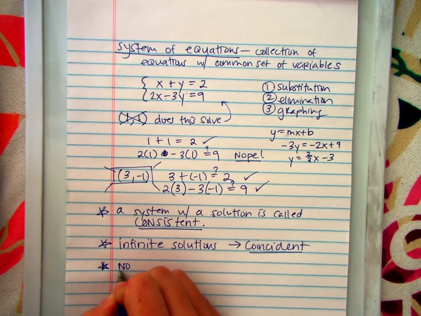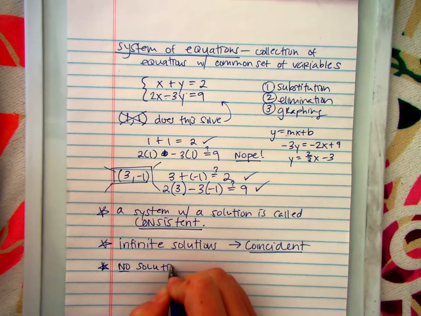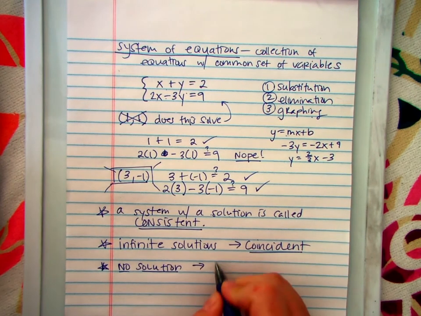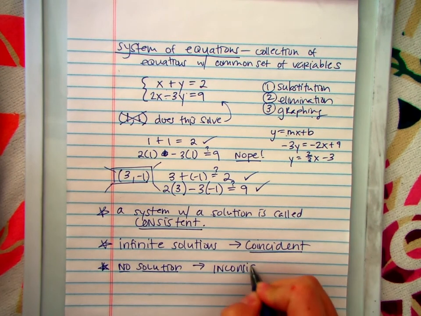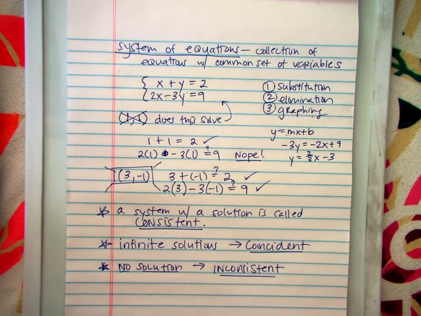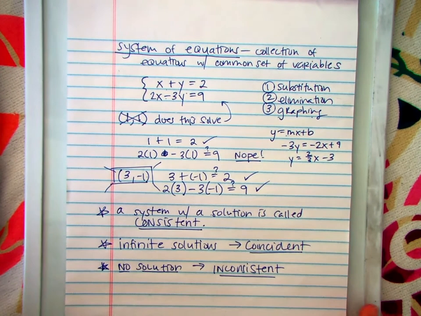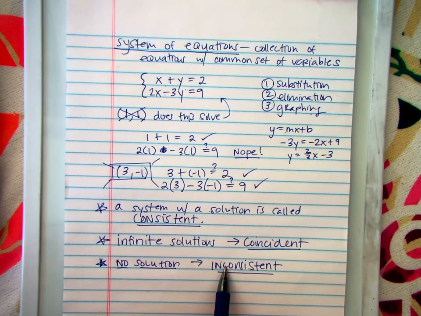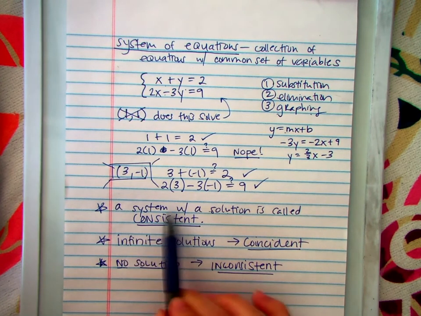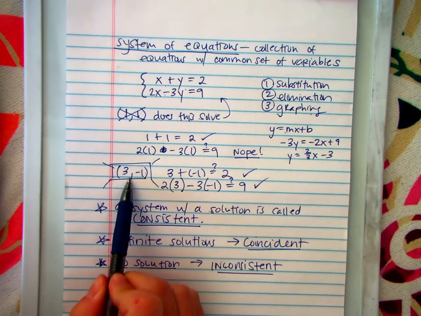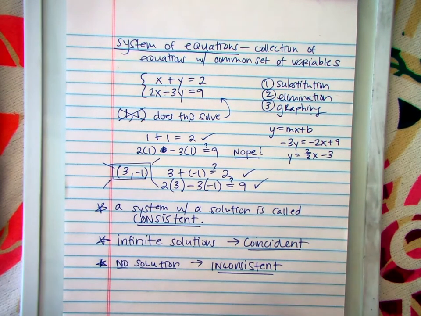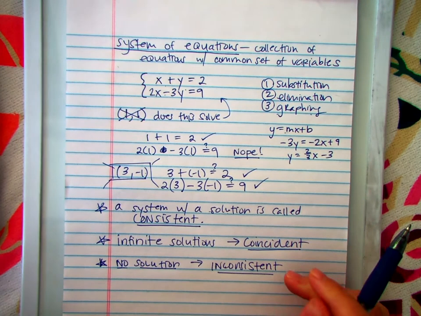So if there are no solutions, if the system is not solvable, then it's called inconsistent. So these are the 3 different types of systems based on the number of solutions. No solutions, inconsistent. An infinite number of solutions, coincident. And then one or more solutions, a finite number of coordinates like this, then it's called a consistent set. All right,